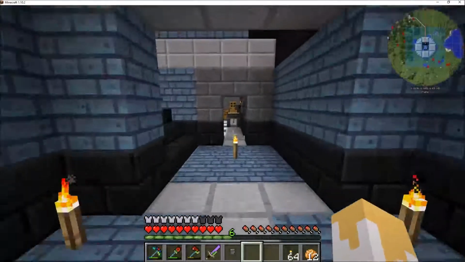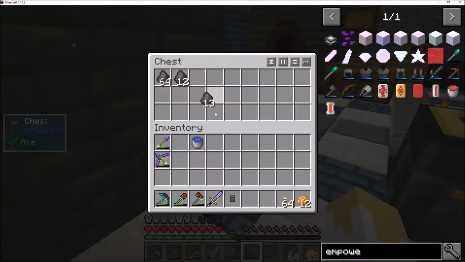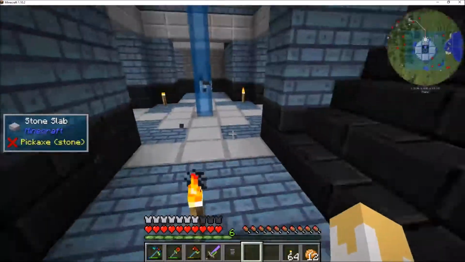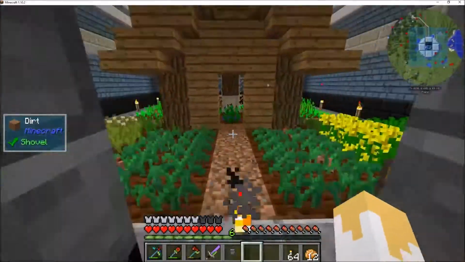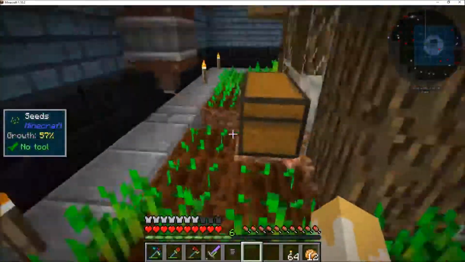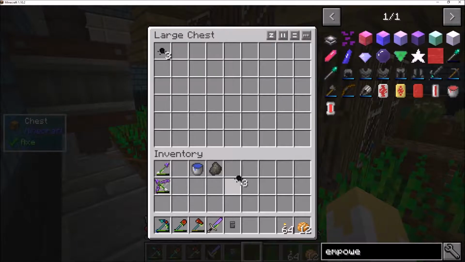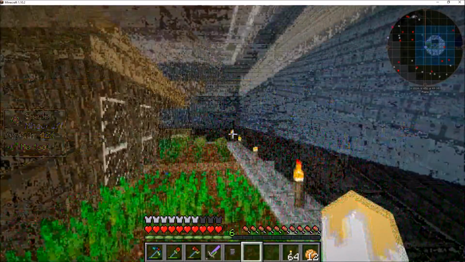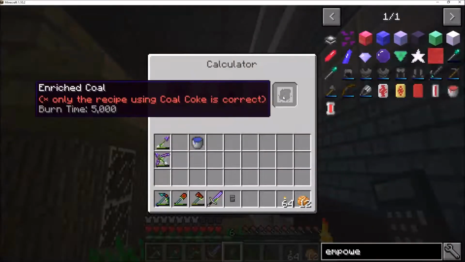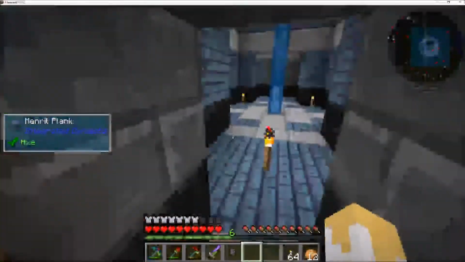Let's go grab a piece of coal coke here. We'll run to the back. I used a bunch of bone meal on these, so they're working just fine. And then I went ahead and decided just to keep this room kind of looking farmish. So let's grab 1 of these and open up our calculator and make ourselves enriched coal. Now we're going to take that enriched coal